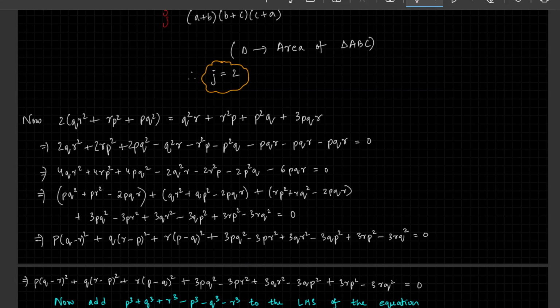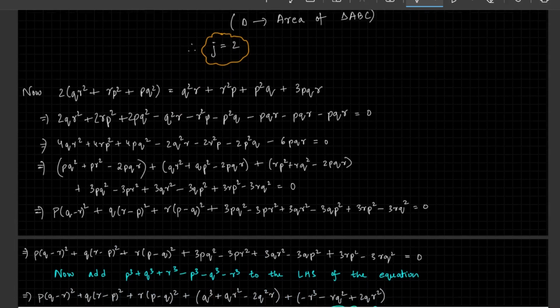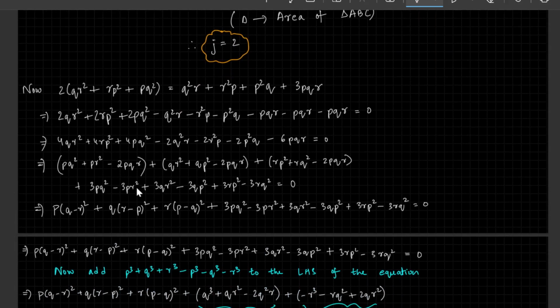Now we actually need to make sure we simplify in such a way that we can come to a conclusion: either it is an equilateral, an isosceles or a scalene triangle. So how can we come to that conclusion? We need to get closure terms, which involve P, Q and R. So for that reason, we need to see whether we are forming some perfect square terms or something like that, so that we can come to a direct conclusion. So this is how it works.